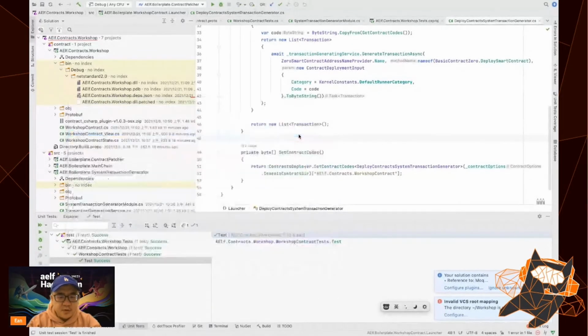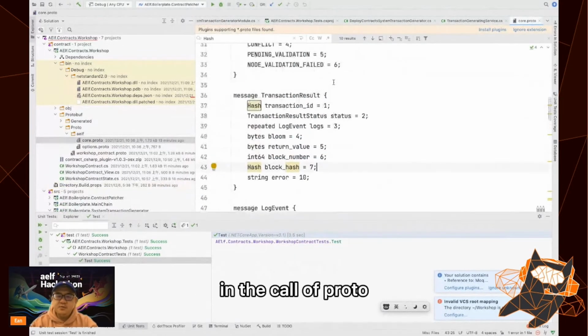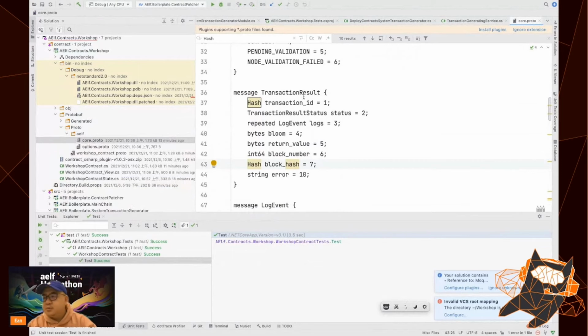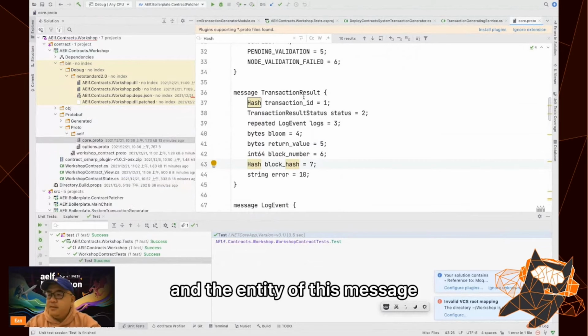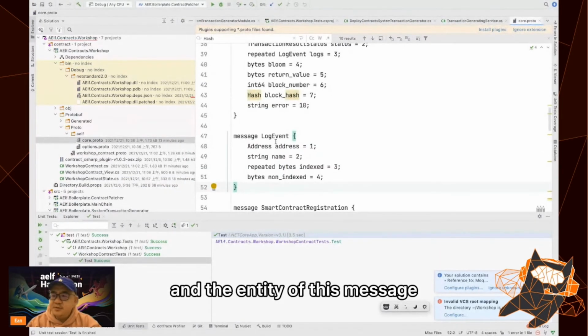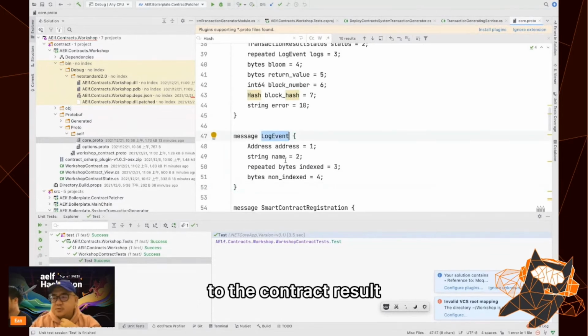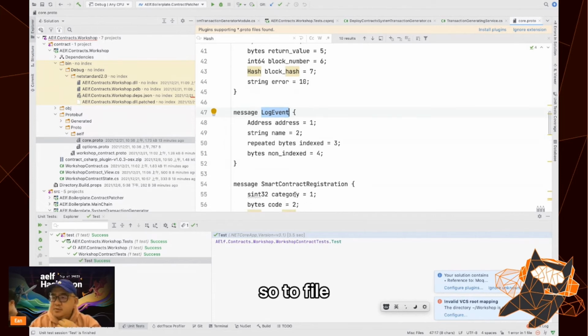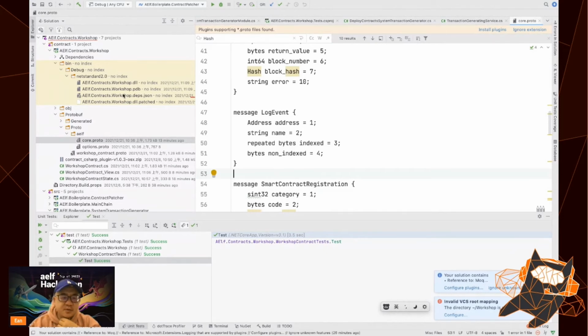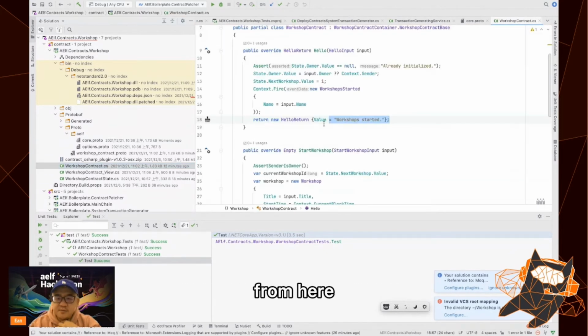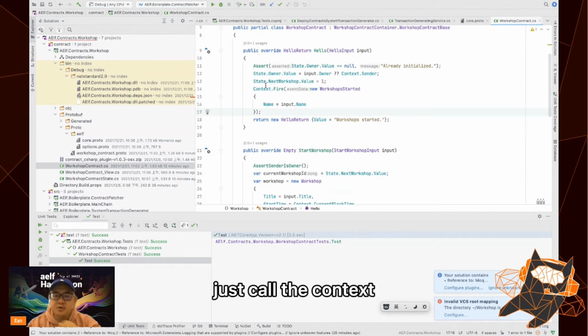We define the log event in the core.proto. And the entity of this message will be included in the contract result after the completion of such a transaction. So to fire a log event, as you may have already seen from here, just call the context dot fire